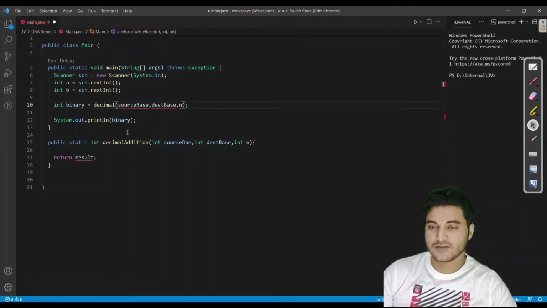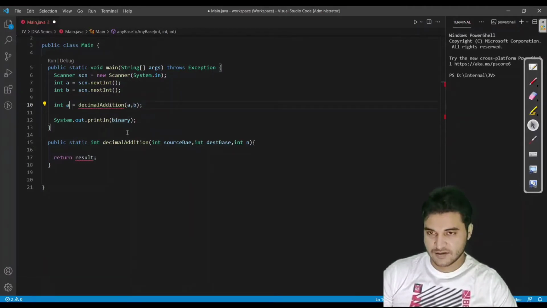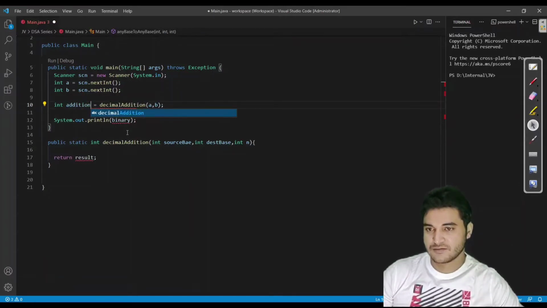We call them methods, or functions, in Java. So here we will pass A comma B, store the result as addition, and simply print the addition result.